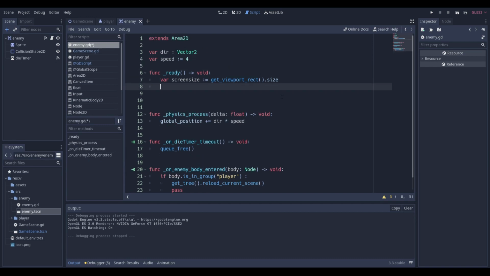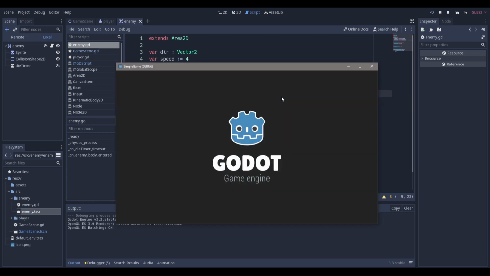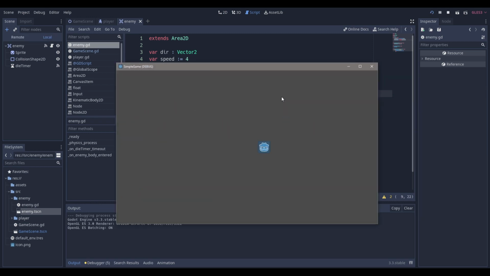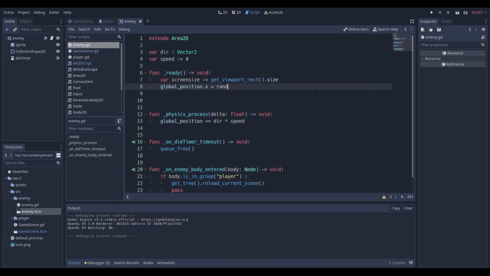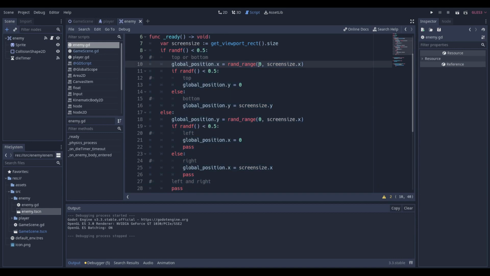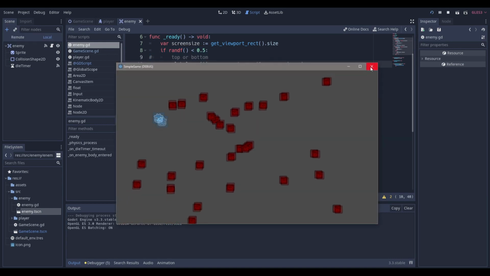Why could I not have just done global position dot x is equal to a random range between 0 and screen size dot x, and I'm going to do the exact same thing for y. But why couldn't I have done that? Well, the reason is because you'll get something like this. You'll get enemies spawning 1 centimeter away from you, and that's disgusting gameplay. So sometimes to get the most elegant result, you have to do a little bit extra stuff, a little bit